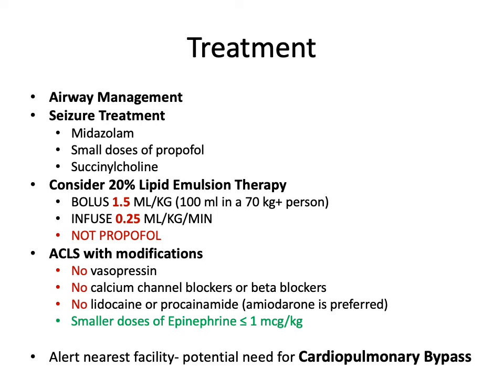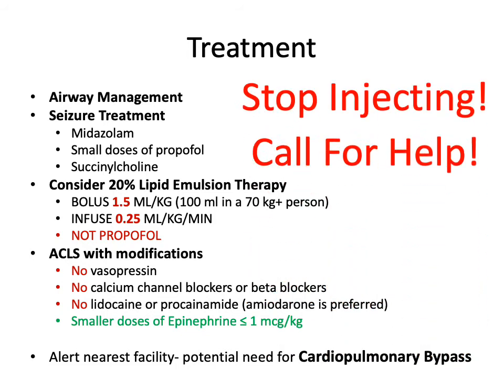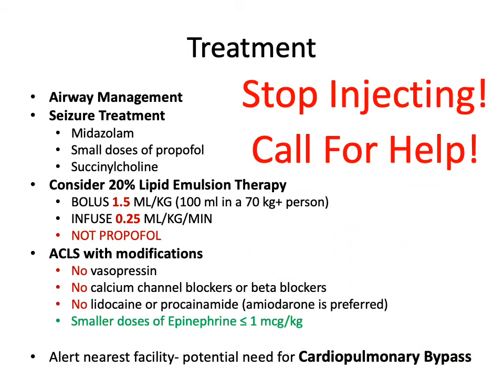Even once you have made every effort to plan a safe regional nerve block, taken into consideration your specific patient, injection site, and local anesthetic, and taken pains to inject safely, toxicity can still happen, so you must be ready for it. As soon as you suspect local anesthetic systemic toxicity, stop injecting. Call for help. You will need extra hands because there are 4 critical aspects of LAST treatment to manage: airway and oxygenation, seizure treatment, intralipid administration, and ACLS.